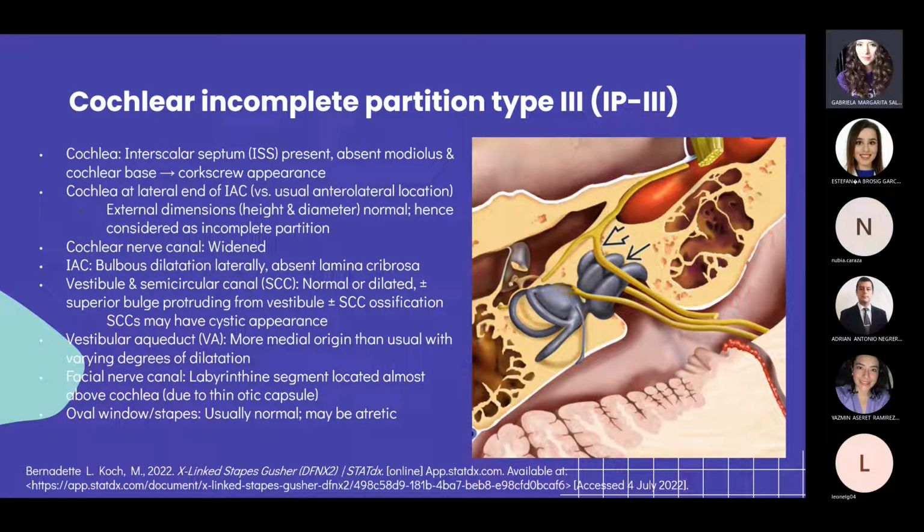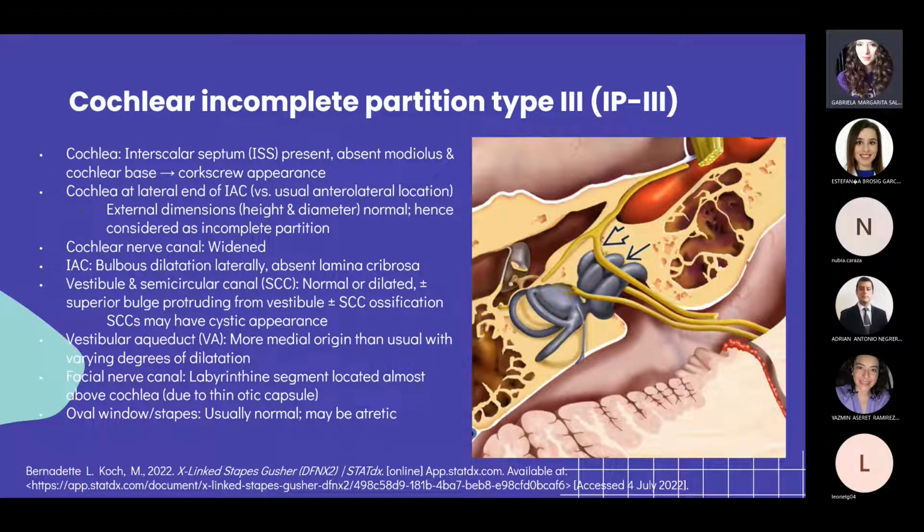You will identify the incomplete partition type 3 as a rotated cochlea located directly at the lateral edge of the internal auditory canal, with a total absence of the modulus, but with an interscalar septum. And there is also a cribriform plate deficit with wide communication between the cochlea and